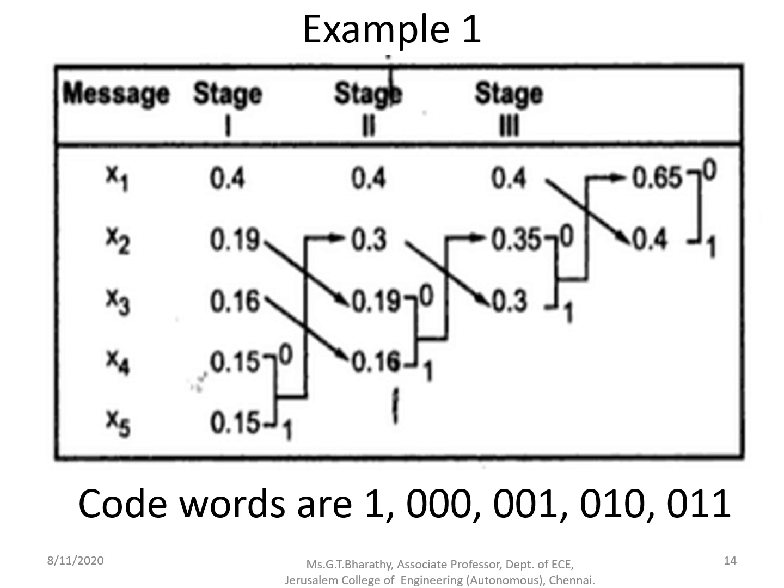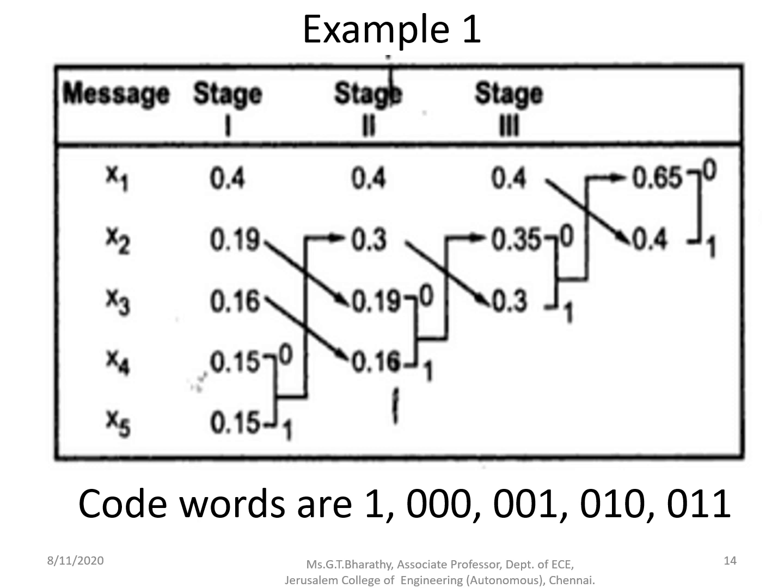stage 3. Now the next stage is, again we have to assign 0 and 1 to the last two probabilities. You have to add both. Adding both gives you 0.65. So 0.65 will go to the top of the table, and this 0.4 is written here. Finally, since there are only two probabilities available here, you have to assign a value 0 and 1.